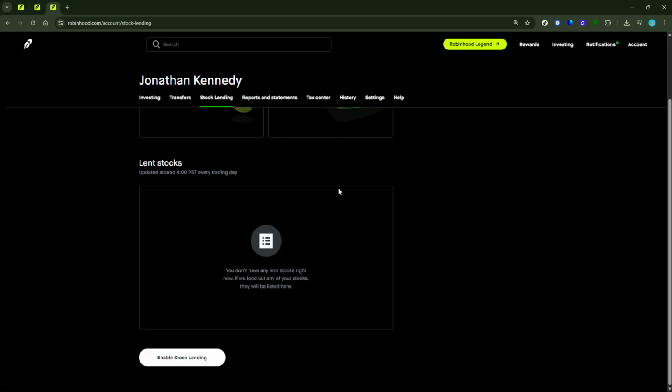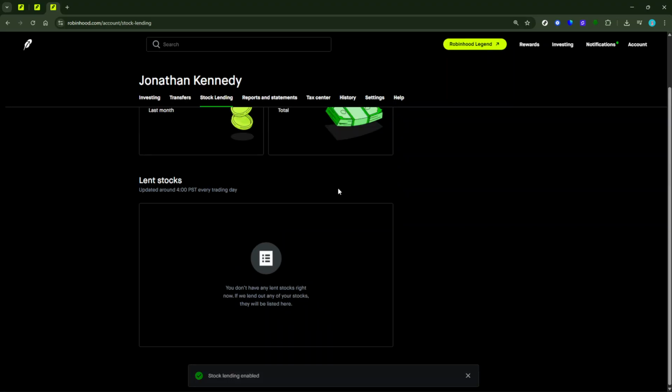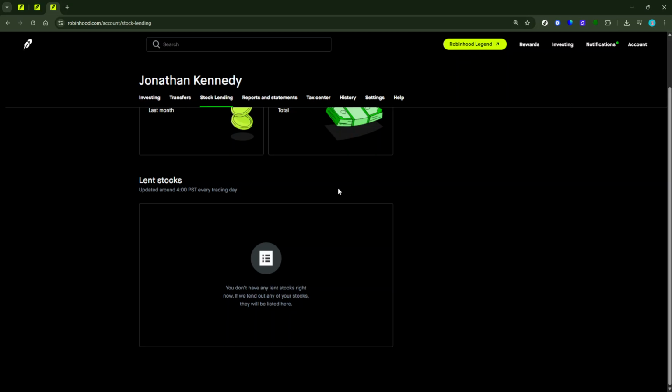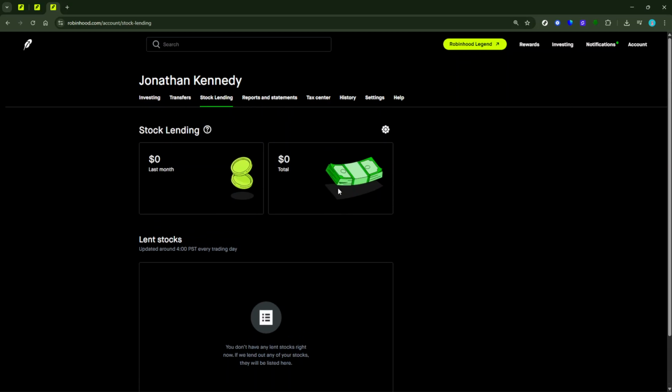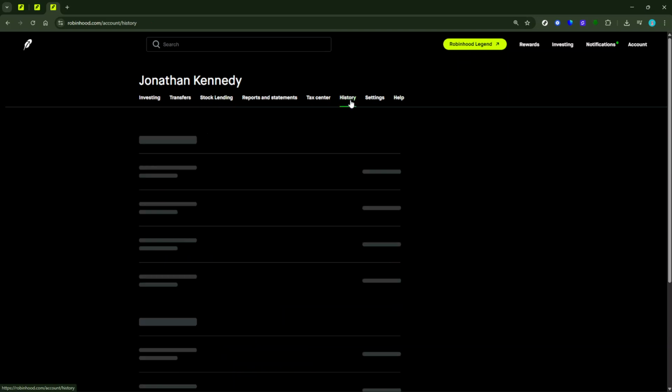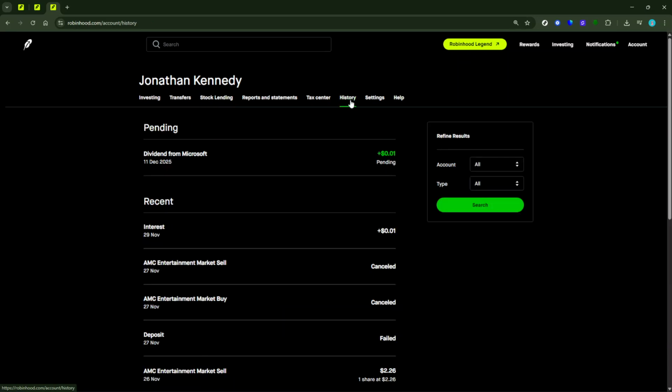Once you've enabled stock lending, there's nothing more you need to do. Robinhood will handle the actual process of lending out your shares automatically whenever there's demand. You don't have to pick the stocks or manage the logistics. Everything runs behind the scenes. To track your extra earnings, just head to your account section, click on History, and check under Dividends or Stock Lending Payments. Here you'll find a record of any payments you've received so far, and that covers the basics of